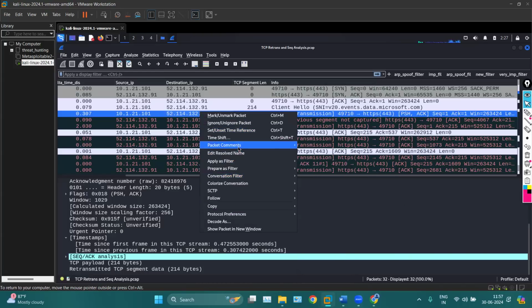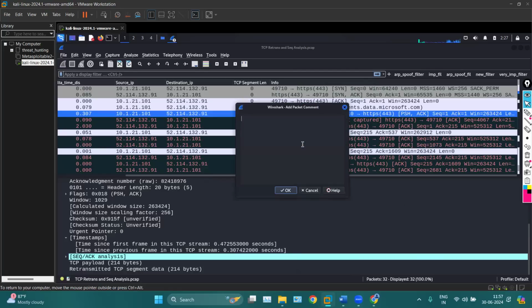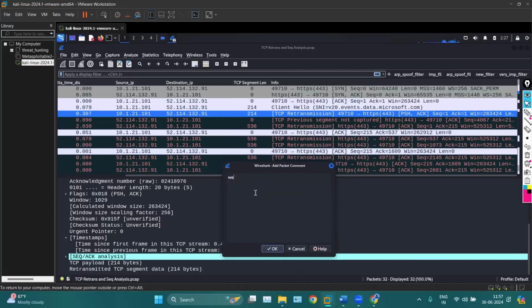What is a packet comment? So we can add a comment here that, let's say, the client has sent 214 bytes of data already. But in this packet, which is